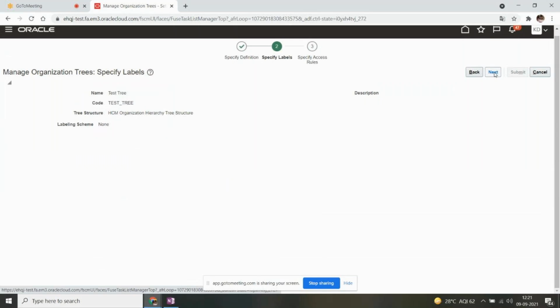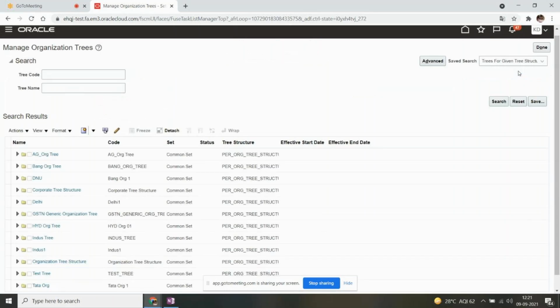Nothing else is here. Again, click next, and then click on submit. So while creating the organization tree, we're just specifying the name. After creating the organization tree, then we have to create a tree version, right?